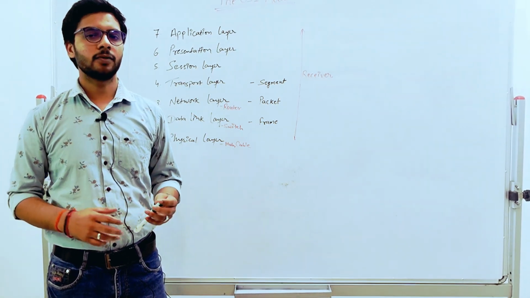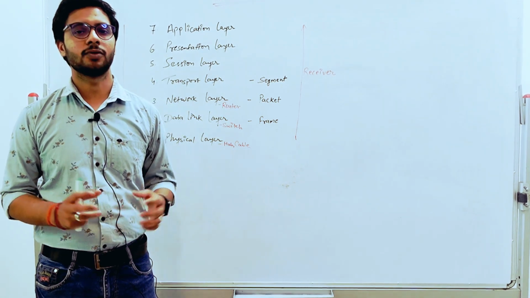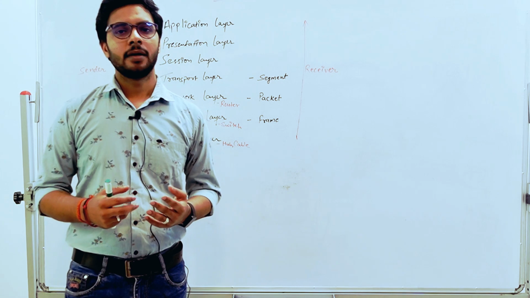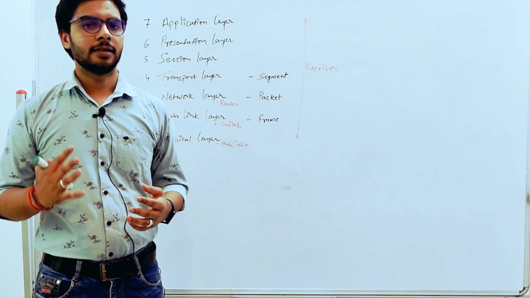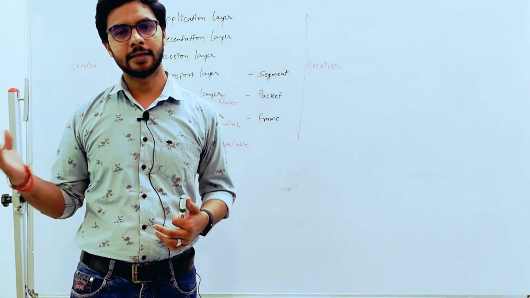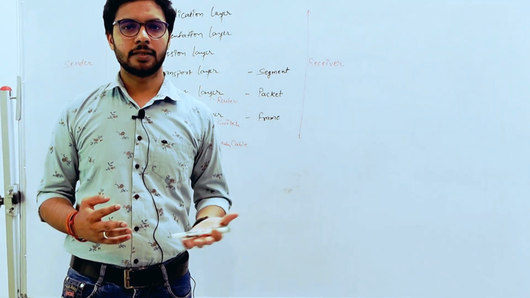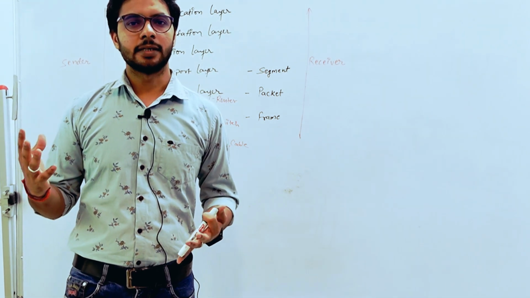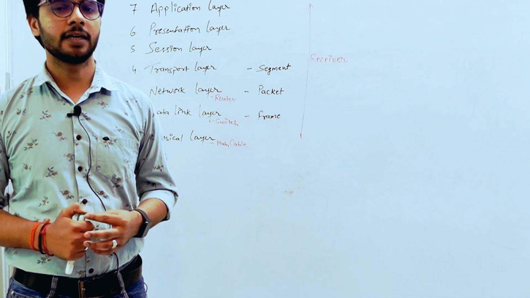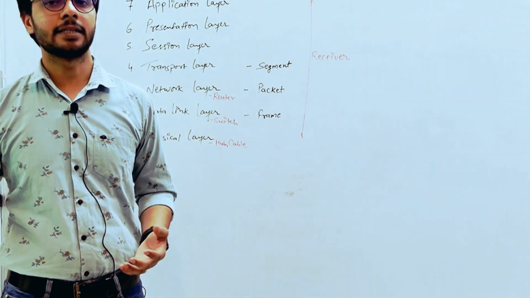Now for those devices to communicate, there were no standard protocols. There were no standards defined for how they were going to communicate. So IBM created their own protocols, and Dell created their own protocols. Now let's say there's a company that has to install a network. They are going to purchase some devices, and if the company has purchased devices from IBM as well as another vendor, let's say Dell.